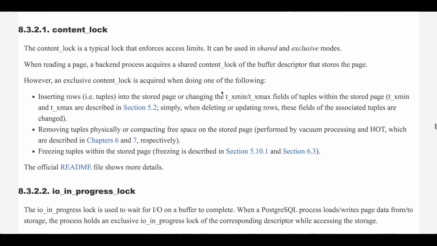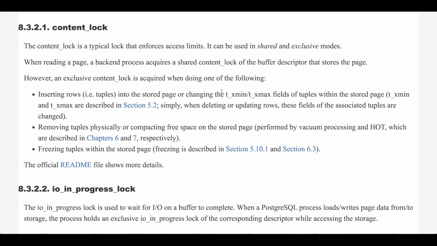8.3.2.1 Content lock. The content lock is a typical lock that enforces access limits. It can be used in shared and exclusive modes. When reading a page, a backend process acquires a shared content lock of the buffer descriptor that stores the page. However, an exclusive content lock is acquired when doing one of the following: